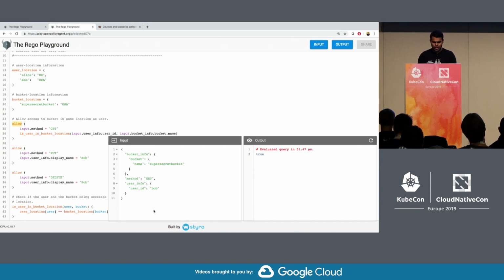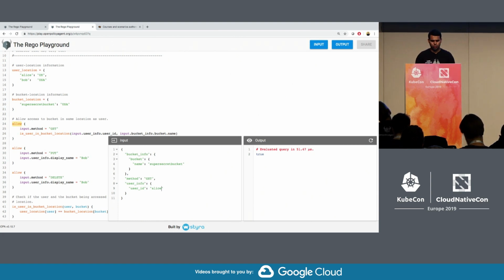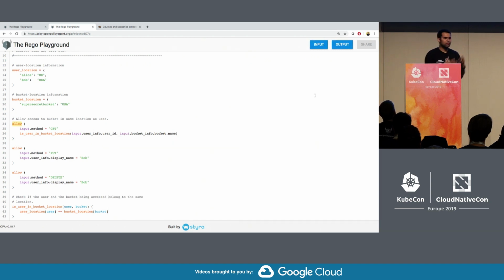But if Alice makes a request to access a bucket which is located in the USA, hopefully OPA's policy should kick in and prevent this request from going through. And so now if you evaluate this query, the result should be false, because obviously Alice does not belong to the US, and so she can't access any buckets located in the United States. And so again, we've taken that policy in English and we've converted it into Rego code using such a simple Rego code.